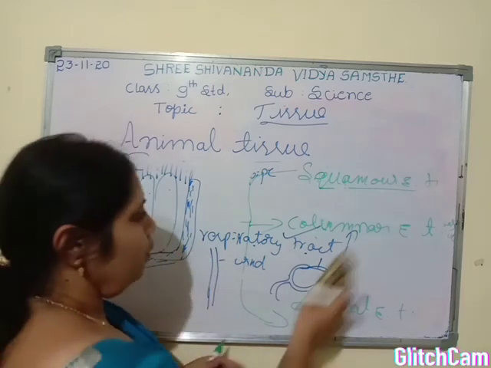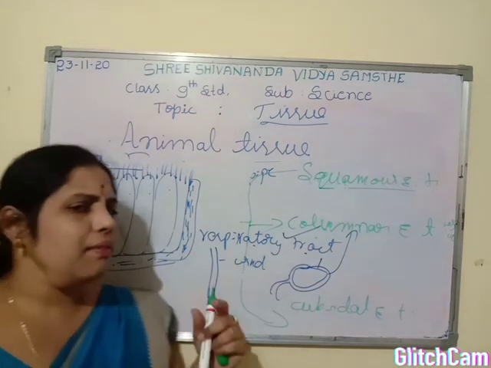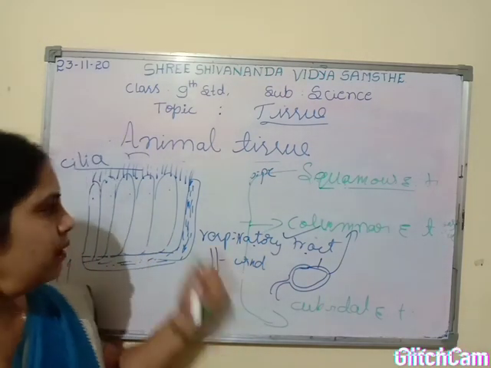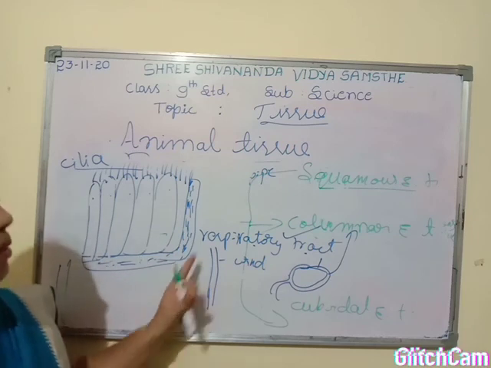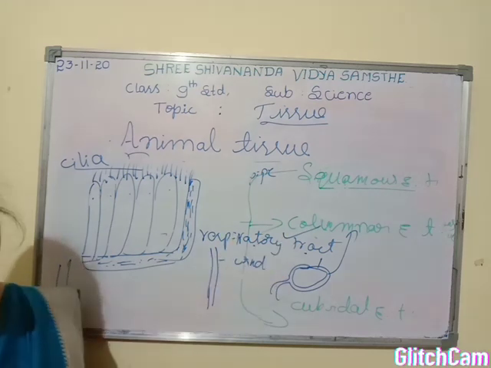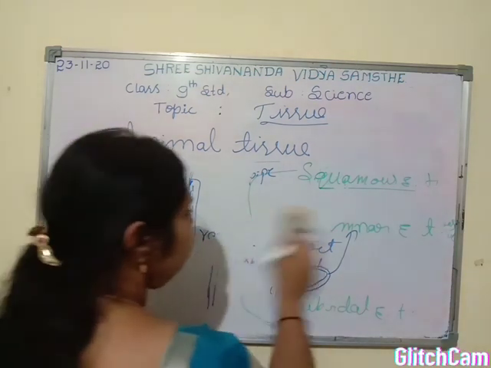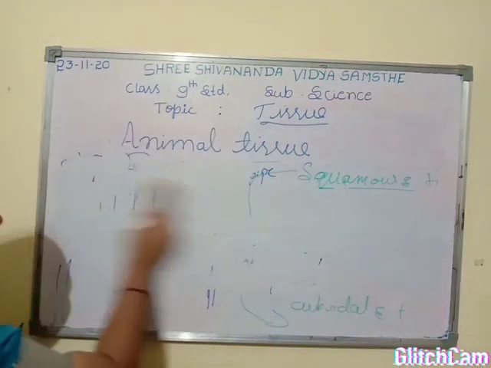So this is the main function of columnar epithelial tissue. The one thing we should keep in mind is the structure, and their work is like that, they perform the suitable function. So the next one is the cuboidal epithelial